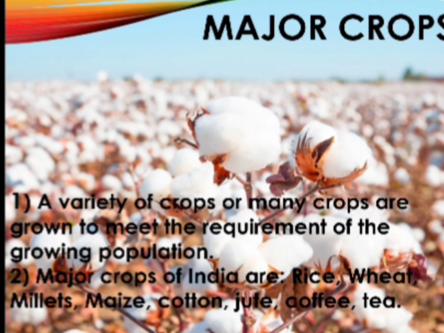Take the first one, that is rice. Rice is the major food crop of the world. It is also a staple diet of the tropical and subtropical regions. It is grown in India, Japan, Sri Lanka, and Egypt, but China leads in the production of rice.